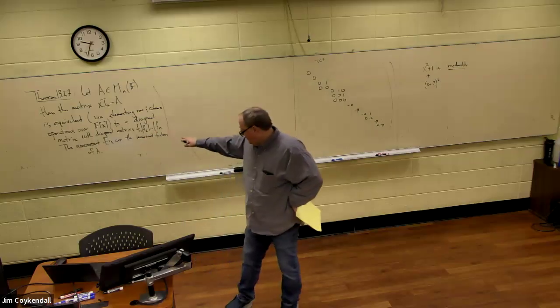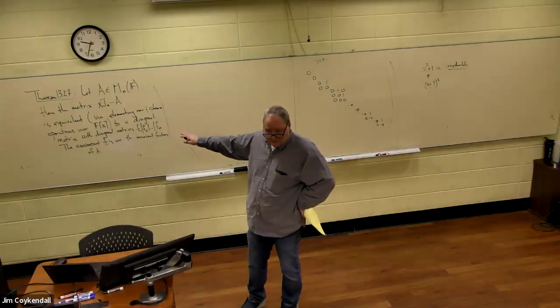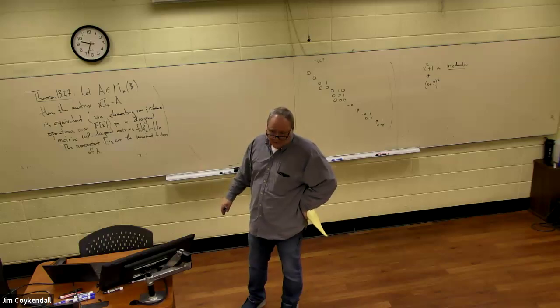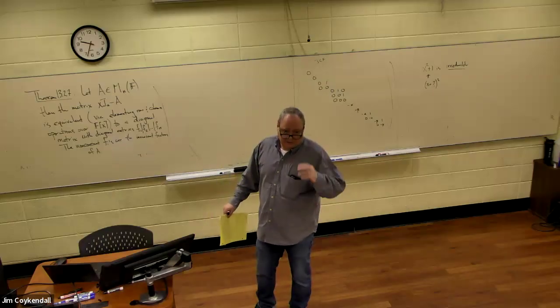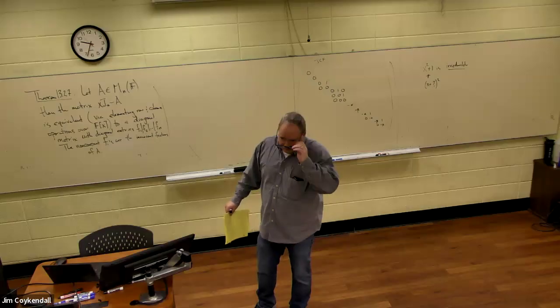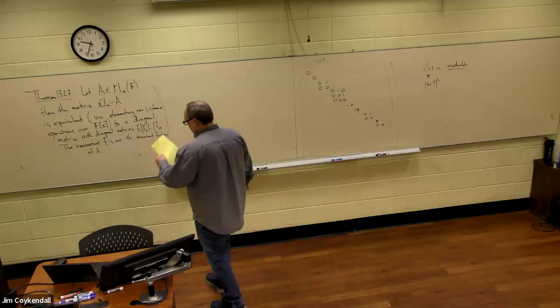When I get the matrix into this diagonal form, it's called the Smith normal form. So that's the buzzword you're looking for. And by the way, I don't care if you do that to figure out the invariant factors of the matrix. Just tell me what you did, right? I don't expect you to do what I'm